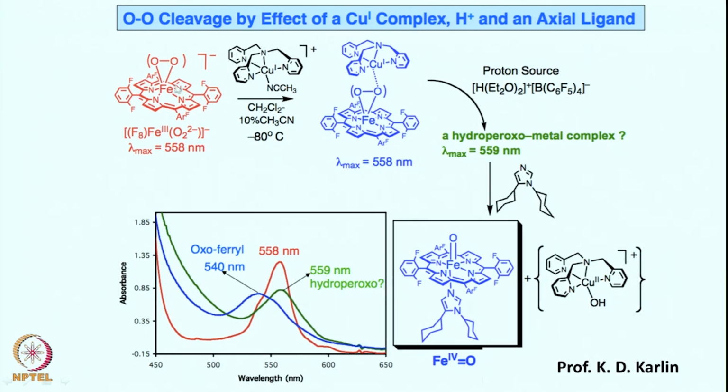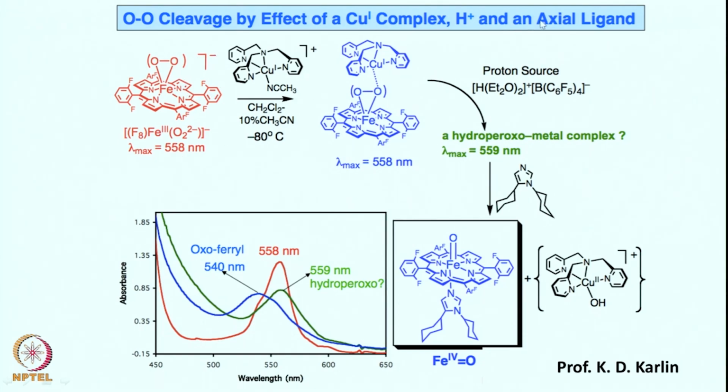peroxo species, an iron 3 peroxo species independently generated. Superoxo reduced by 1 electron gives iron 3 peroxo, and then add copper. Okay. This can form an adduct as is shown over here, and then you still need a proton source, which can give another alternative pathway of forming the hydroperoxo intermediate. Here you see the proton and an extra electron in the form of